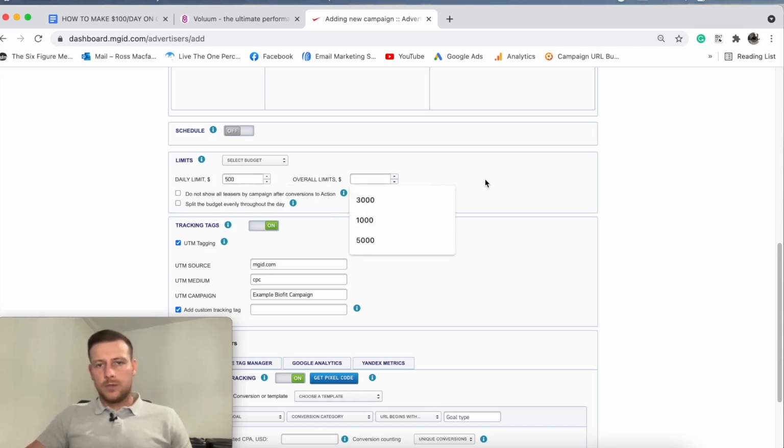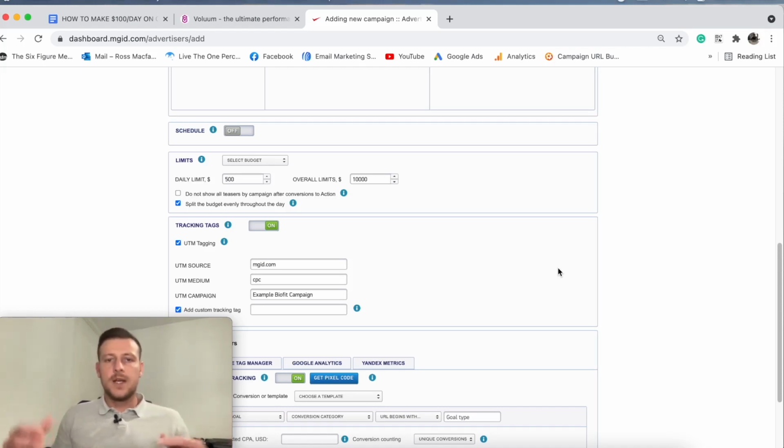and overall budget, let's just say 10 grand for just now. And this, split the budget evenly throughout the day. Okay, so I want this selected. I want my 500 a day to be spent evenly throughout the day. So what that's going to do, if the traffic's available, it's going to spend that evenly throughout the day. It's not just going to blast 500 quid or $500 within the first hour or 3 hours or 4 hours, 5 hours, depending on the type of list that I'm targeting. That would be spent evenly throughout the day, so I can get a more accurate amount of